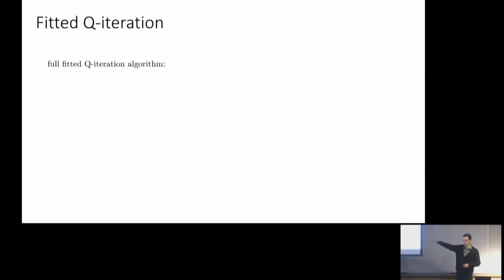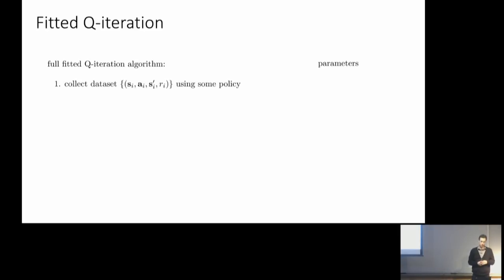Okay, so this was the derivation. Let's just write out the full algorithm the way that we might actually want to do something like this. On the left side, I'm going to write out steps of the algorithm, and on the right side, I'll write out parameters of that step. Because there's actually an entire family of fitted Q iteration algorithms, and depending on the choice of these parameters, you get different methods. So the first thing you need to do, that's the orange box in our standard reinforcement learning algorithm anatomy, is you need to collect data.